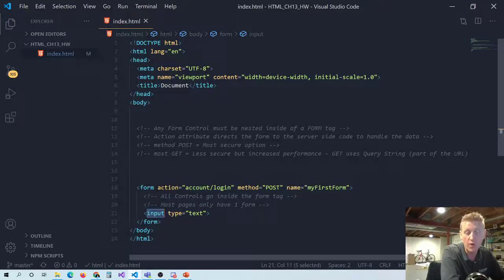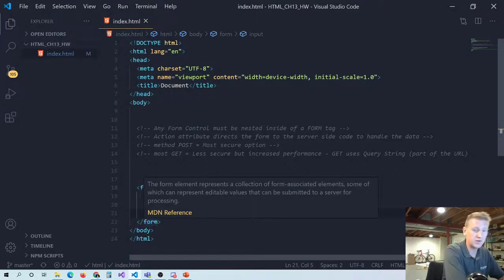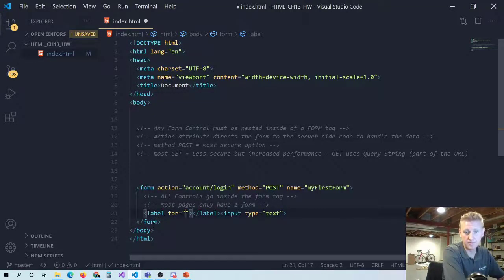Okay, and the way that it renders a different control is with this type attribute. The type attribute says, okay, this control is a text box. And so that's how we get a simple text box here. Typically what you do is you put a label,